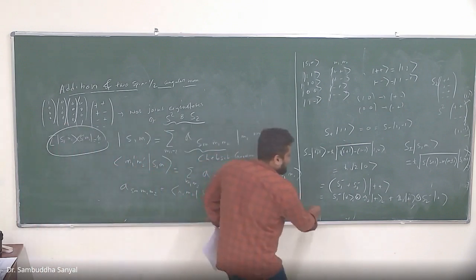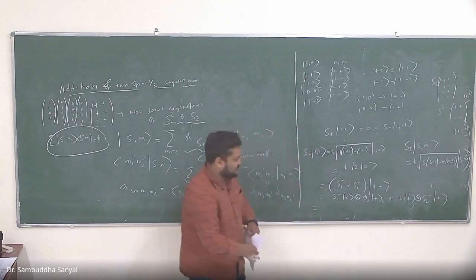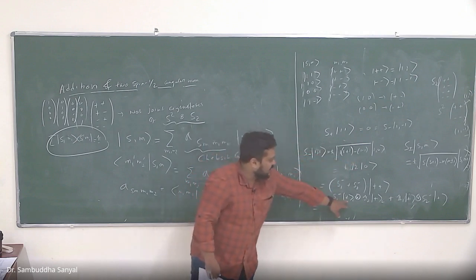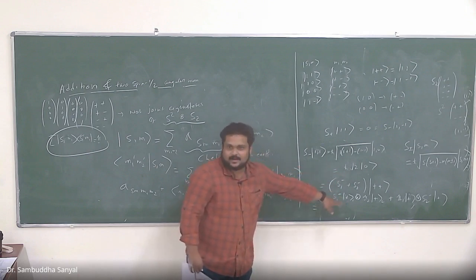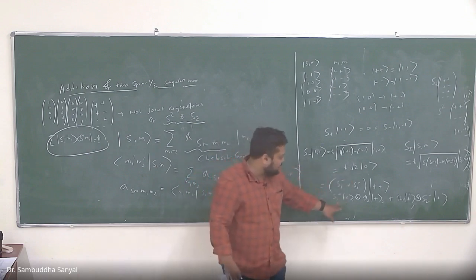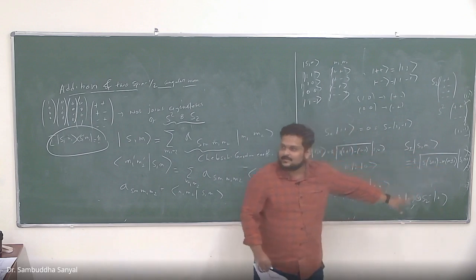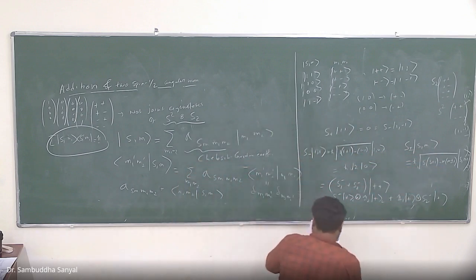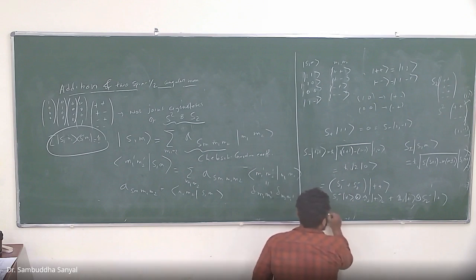Okay. Now, how do I find this? I have to again use this formula, right? This plus means now half, right? So I have to apply this formula on half, right? So what will I get? I get h bar half into half plus 1